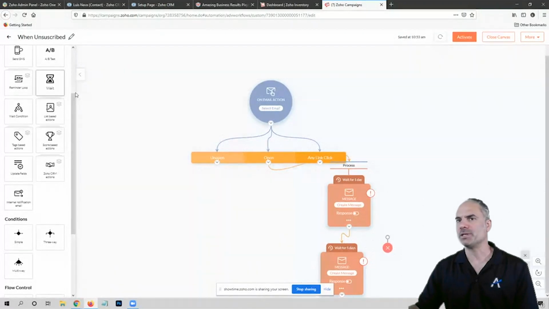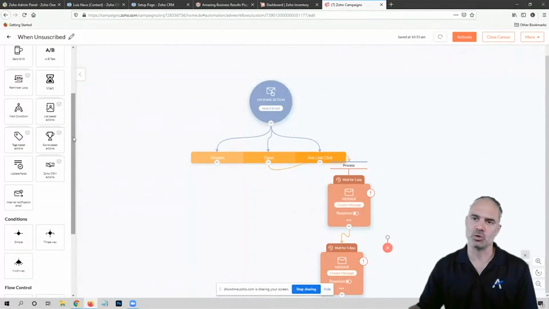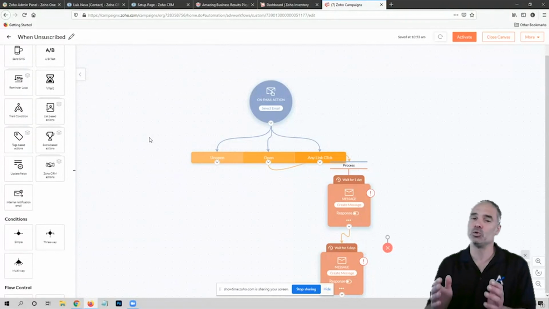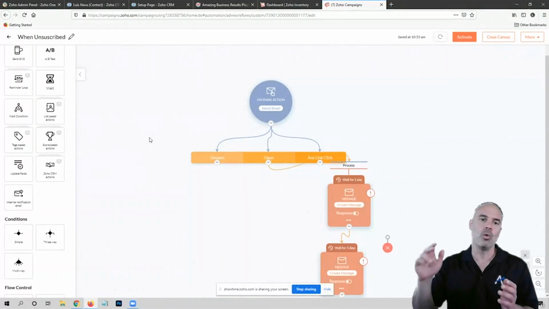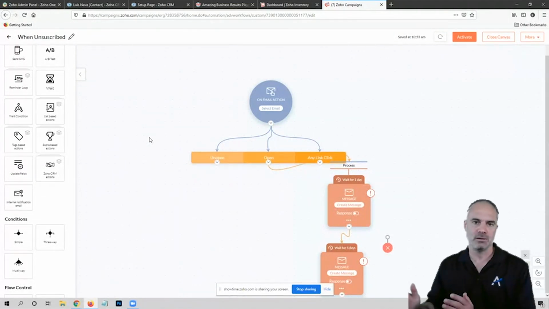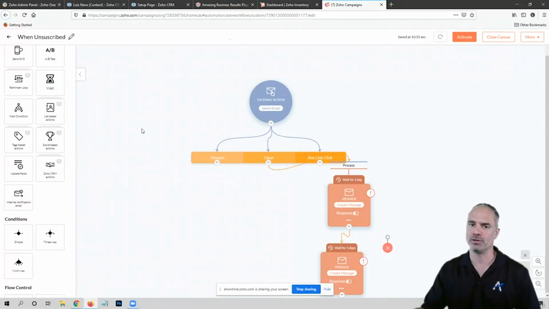Zoho started to use the workflows in the last few months, but they're pushing it really hard. So they have lots of support people that really can help you. So you can come up with your business case, but you need to know exactly what you want. For example, when the user opens the second email, this is when the workflow will break, this drip campaign. As long as you know what you want, this is how you can connect to Zoho and they will help you build it. I saw many clients that were actually on the phone with them and they helped them with those conditions and how to do it.